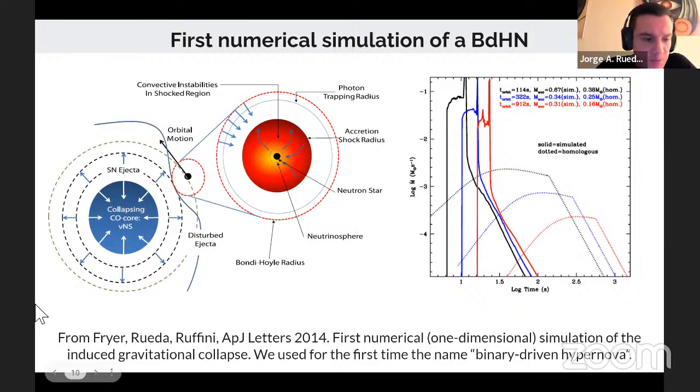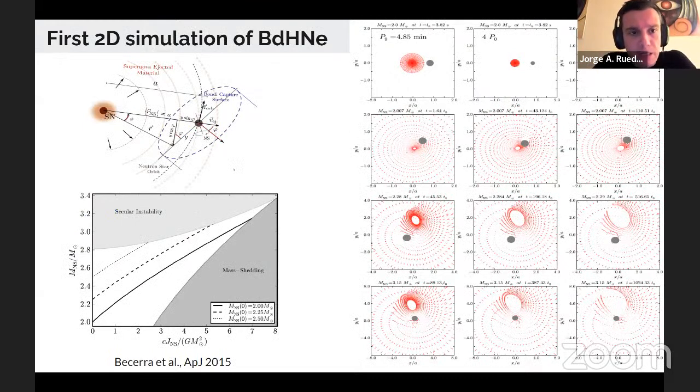And this means that the neutron star can indeed, in roughly the time of an orbit, get enough material to reach the critical mass to form a black hole. Then we move to